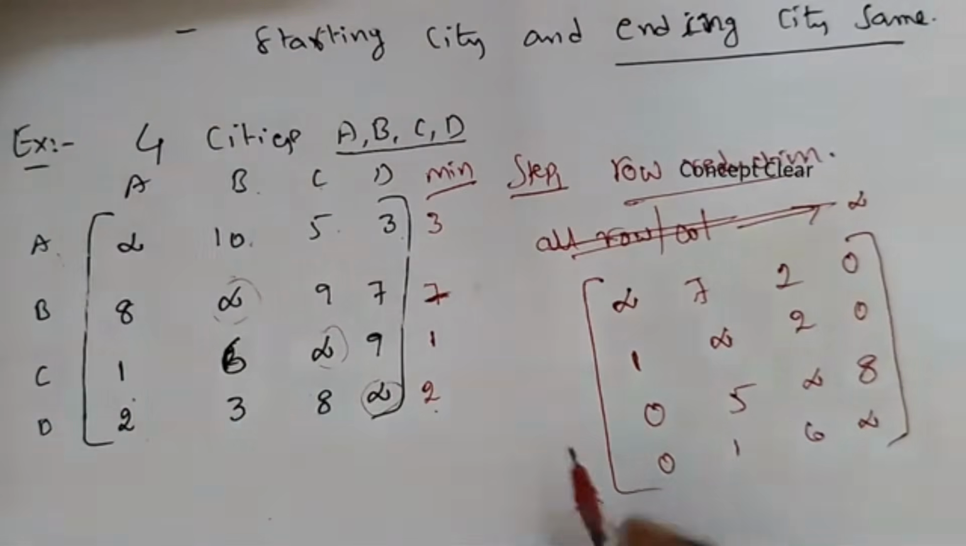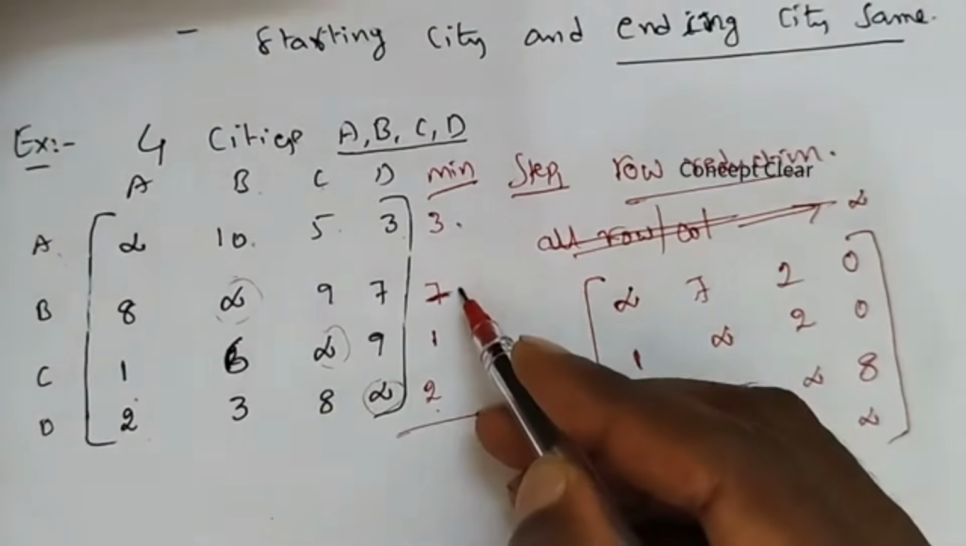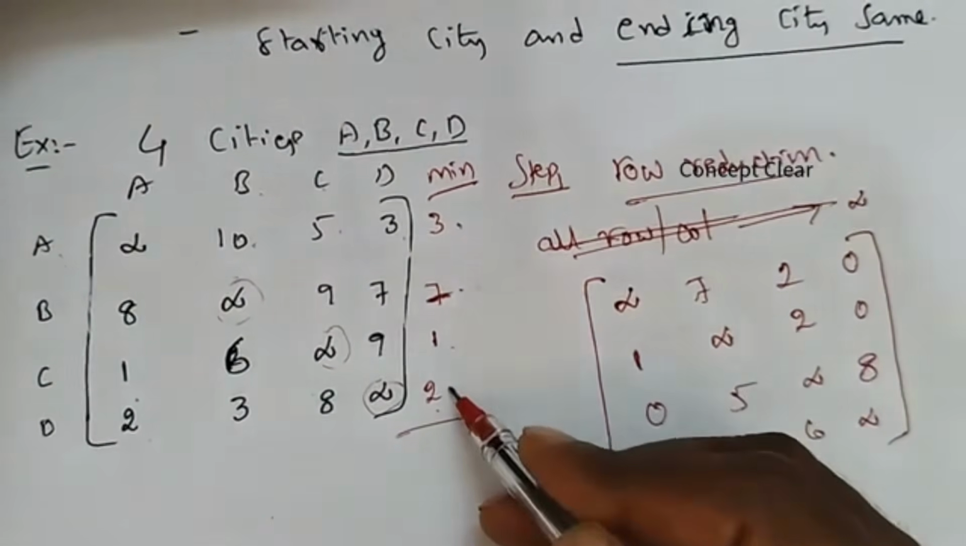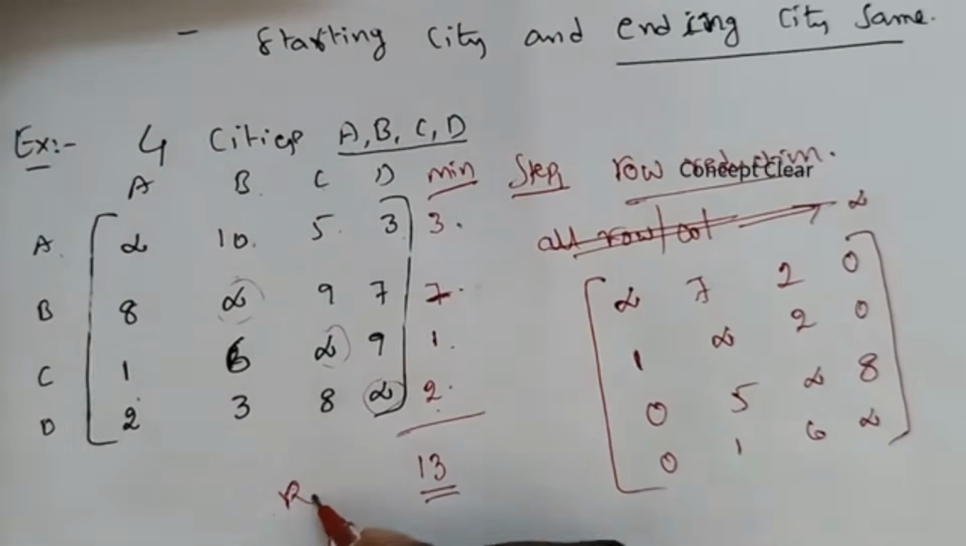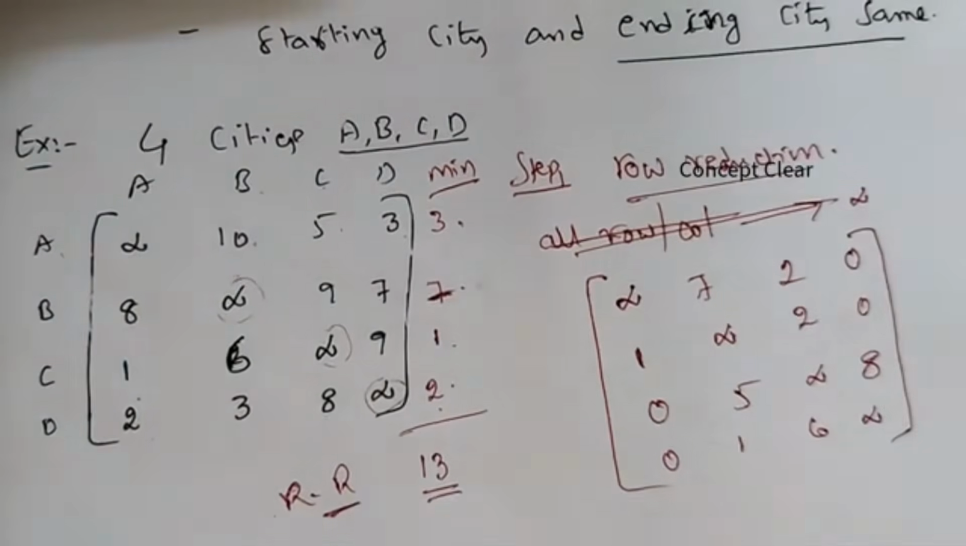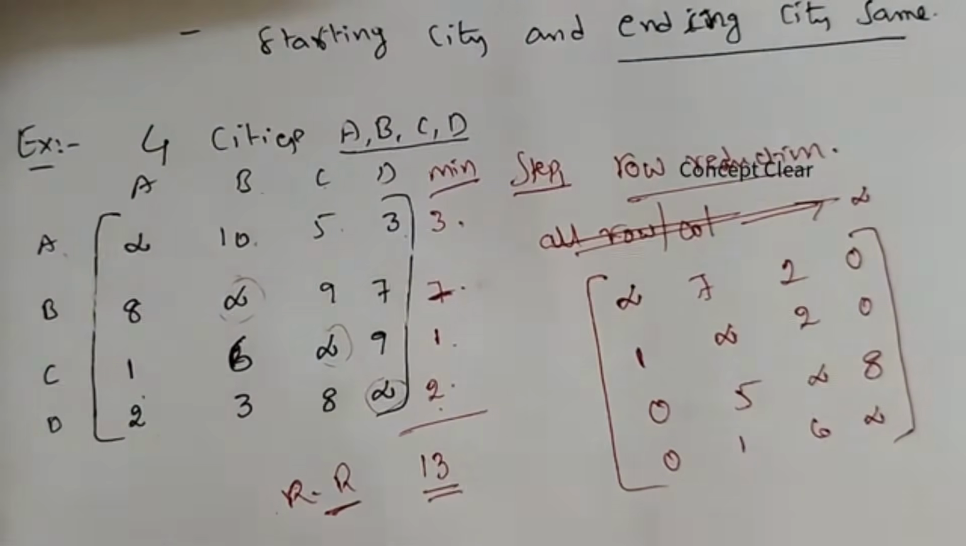And what is the total row reduction value? The cost is 3 plus 7 is 10, 10 plus 1 is 11, plus 2, and the total cost is 13. Row reduction value is 13. And step 2,